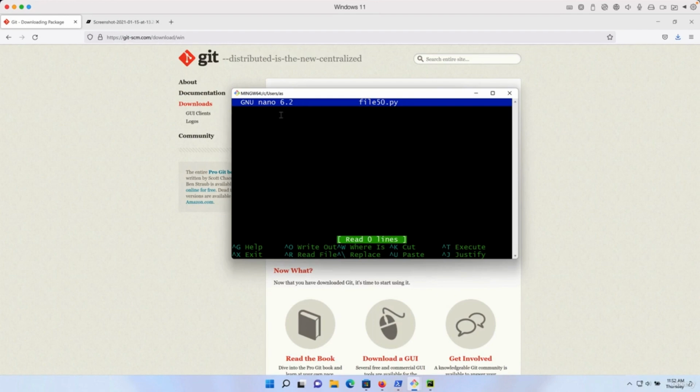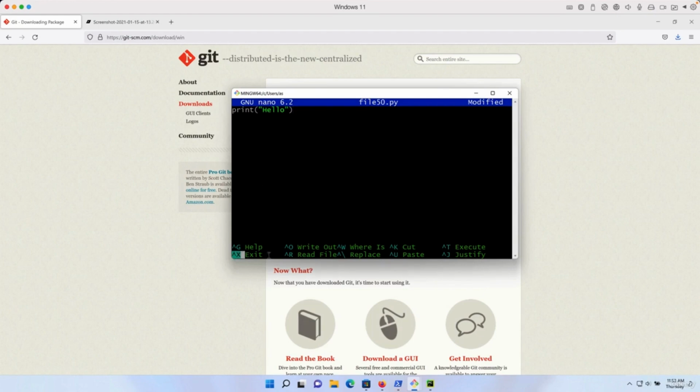So here you can simply type in text like that. You can press enter, go to the next line, press escape. You cannot even click on somewhere else with your cursor, but you can use your arrow keys to move up and down. So like that. So we can write something here, for example, print hello, and to save and exit this, you can use Ctrl